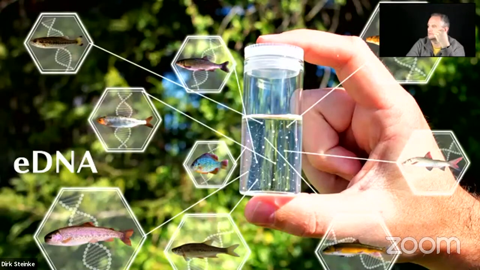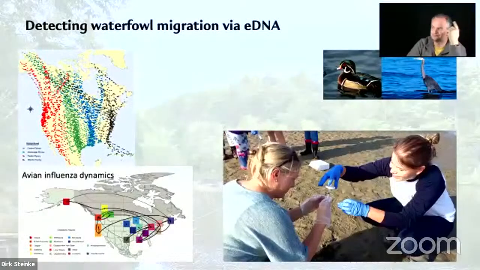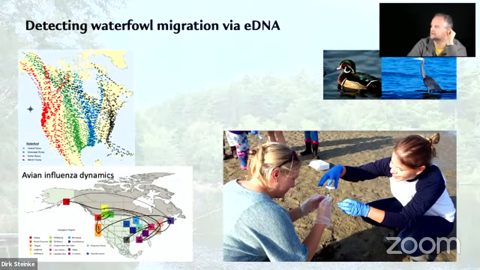eDNA as such, not too much, there's a few slides. We talked about that in the first lecture today. What we were doing is, and that's one of the things where I said, yeah, this is a different way of looking at the entire thing: we obtain water samples through citizen scientists, but we're not looking for a waterborne organism like a fish or any kind of macroinvertebrate. No, we're looking for birds, for water birds that land in these lakes here across Canada,